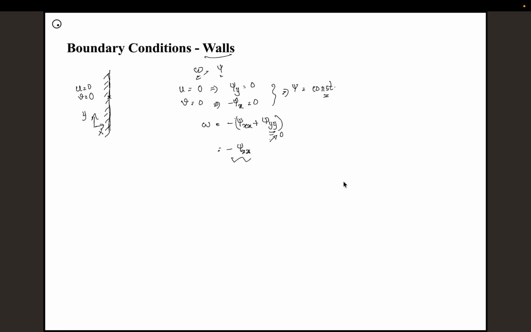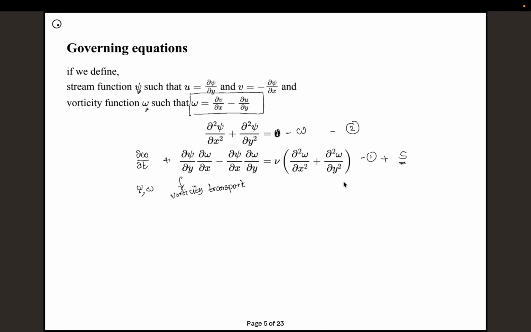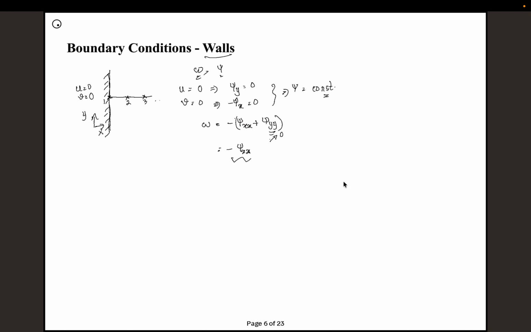So if this is my node 1, 2, 3, and so on, you can get an approximation of psi. So first you have to solve for omega or psi. If you're solving this equation, you get the value of psi, use that value here, or you solve for omega and then you have to get this value of psi x as an approximation. Or you can also use Taylor series expansion. So for example, if we are solving for this particular point psi 1, I can write an expansion around psi 2 as psi 1